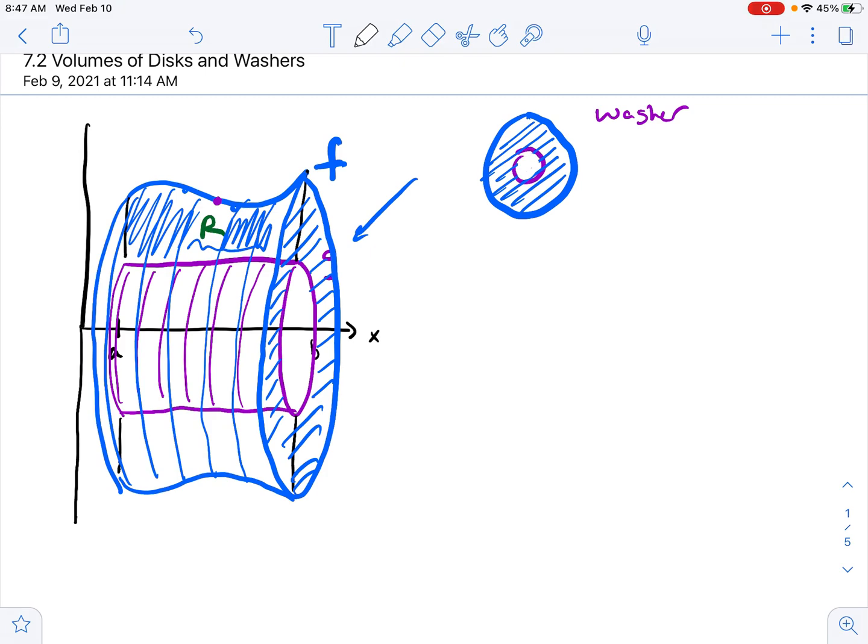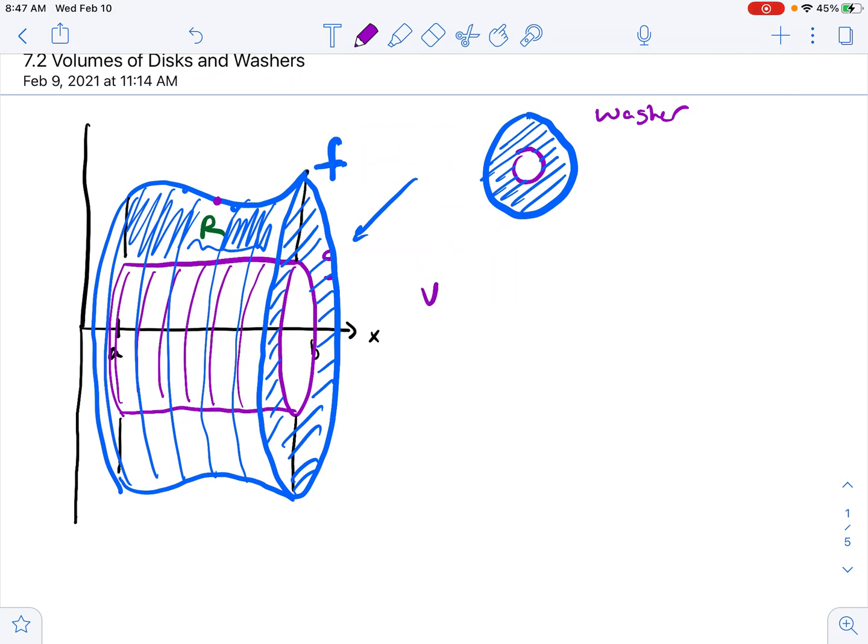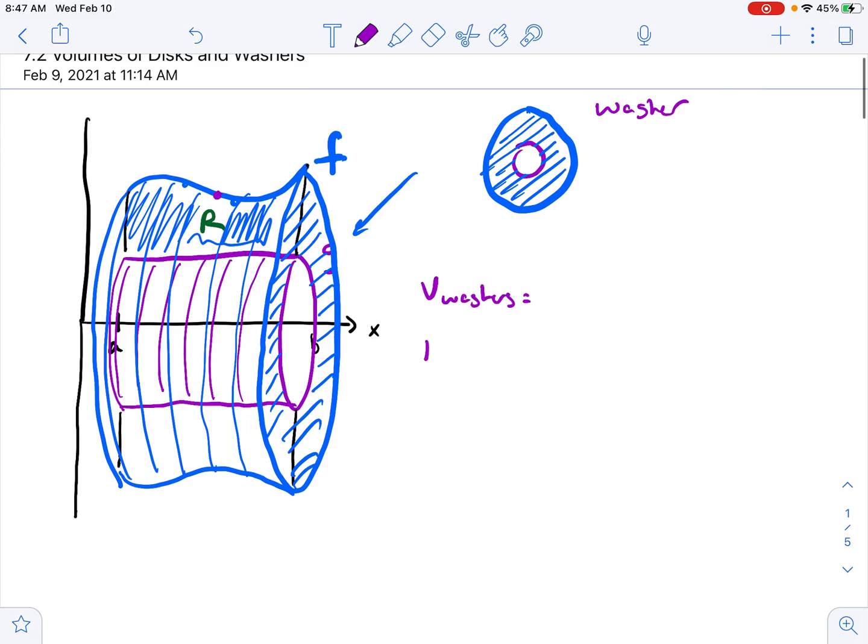That's basically everything inside of the purple one, okay? So I'm just subtracting everything inside the larger disk minus everything inside the smaller disk. So the volume for washers is going to be basically, well, it's the larger one, pi integral a to b. The way I've drawn this, f is the larger function. So that's all the disks inside the blue f function minus all the volume given by the disks inside the